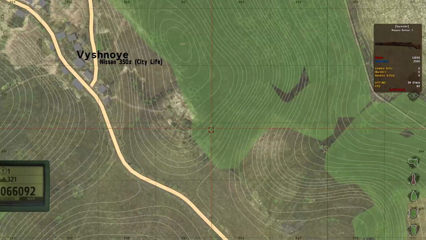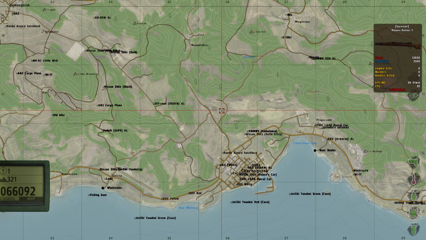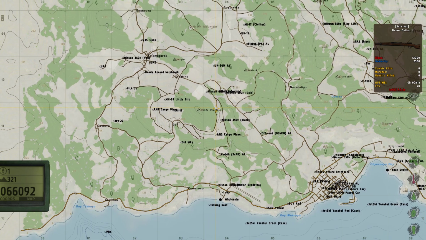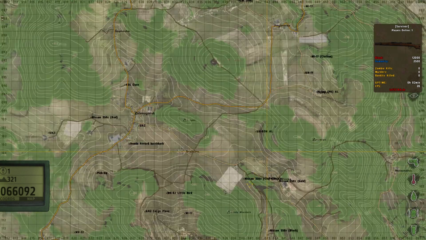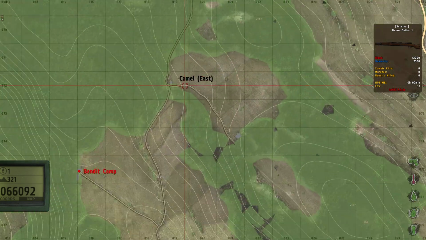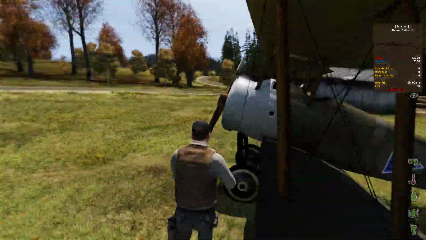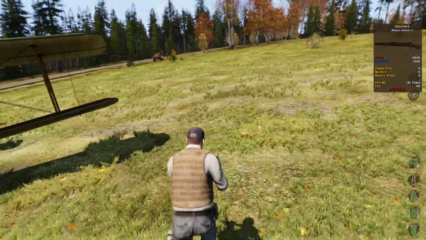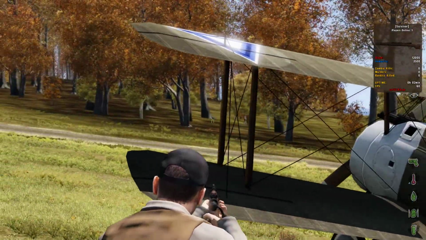Let's see what else do we have. Did it spawn any of the planes? There's another Nissan 350Z. There's another one there. We got any cop cars? There's one of the camels right here. There we go, there's a camel spawned in. You might be able to take off here. Again, I'm not a huge fan of having the planes spawn in because they always spawn in bad locations